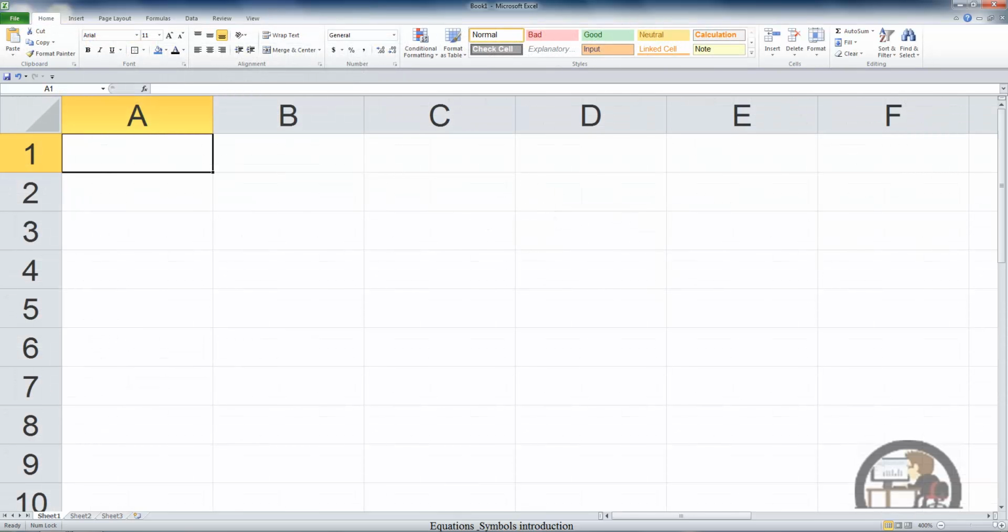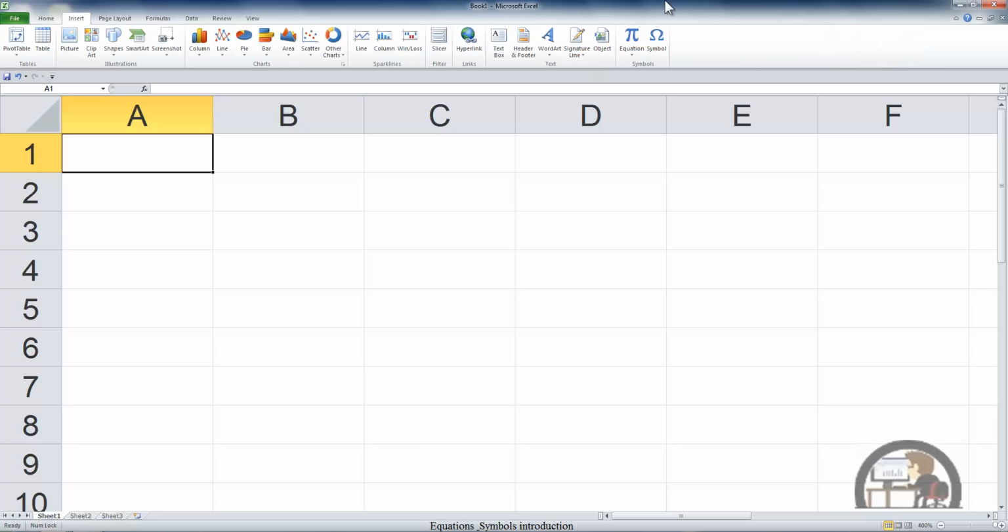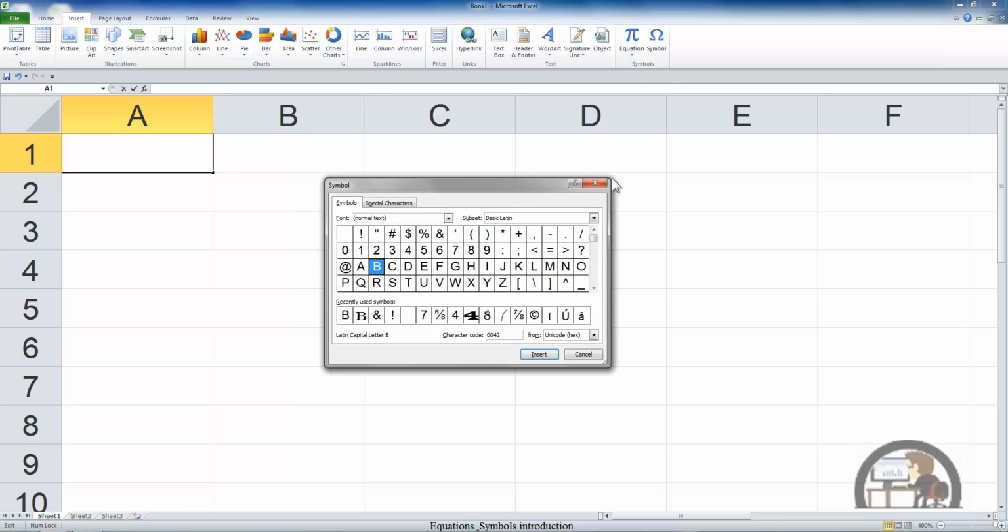So symbols are another one of those items that you can insert into your worksheet. And because of that, they're on the Insert tab on the right side in the Symbols group. Left-click Symbol, and I get the symbol dialog box. We have all kinds of options to select from. We have all of the font styles that are available in the out-of-the-box Excel, and we have a bunch of subset groups